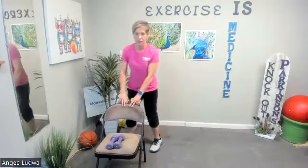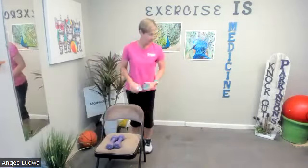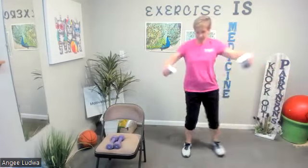So make sure you have room, or you have a hold of your chair so you can hold onto the chair to get that big step. 20 steps. All right, let's step it out. Big 1, and then back together, other direction. 2, together. 3,